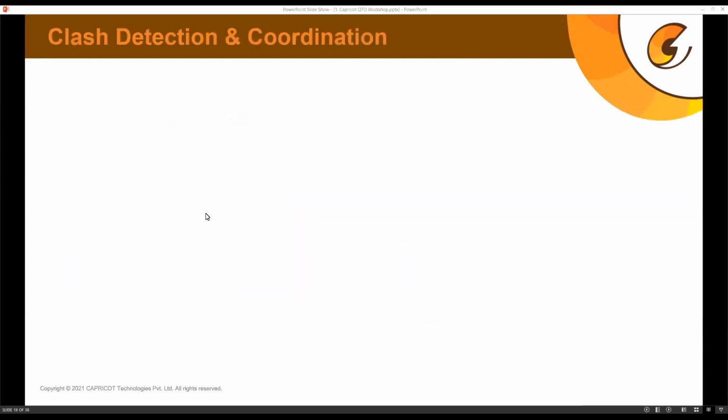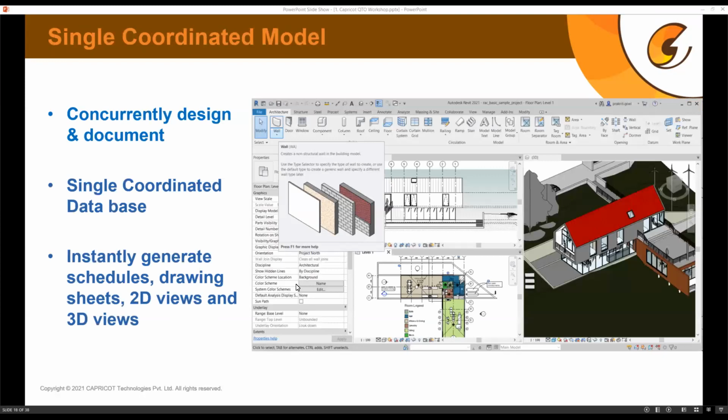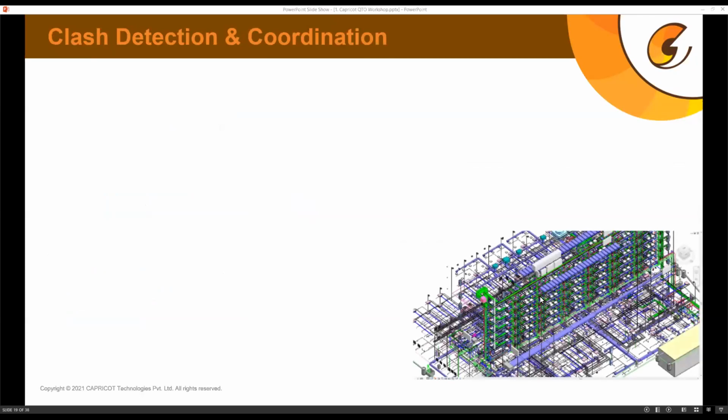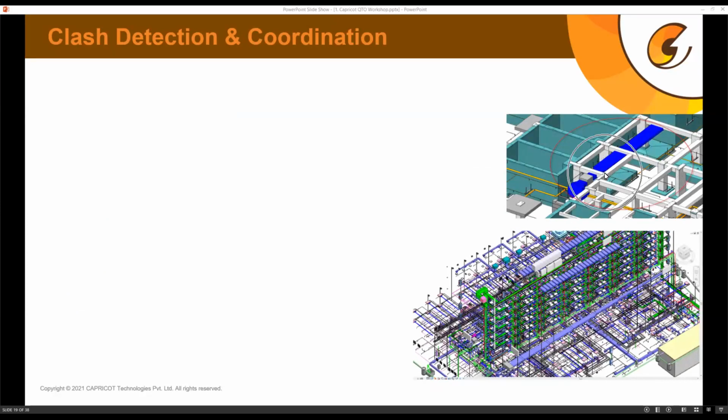So another advantage, for example, if you have started with a project and you have started designing your project in Revit, and you have all the required elements in your model, then when different discipline people collaborate together, there are chances of having clashes in your model. So this is one example where we had this kind of data center where we linked this model with architecture and structure model, and I found a few clashes here.